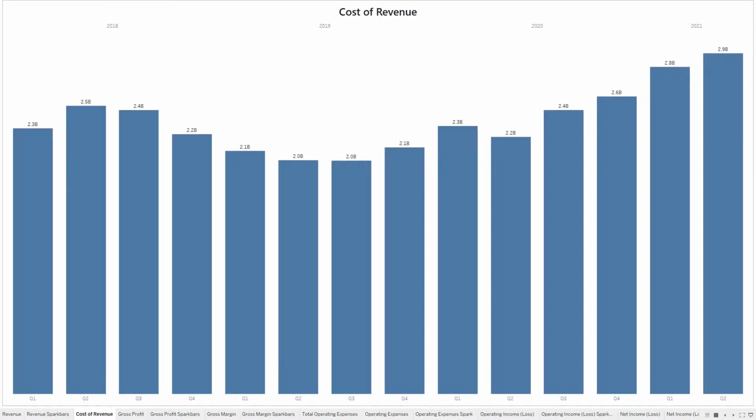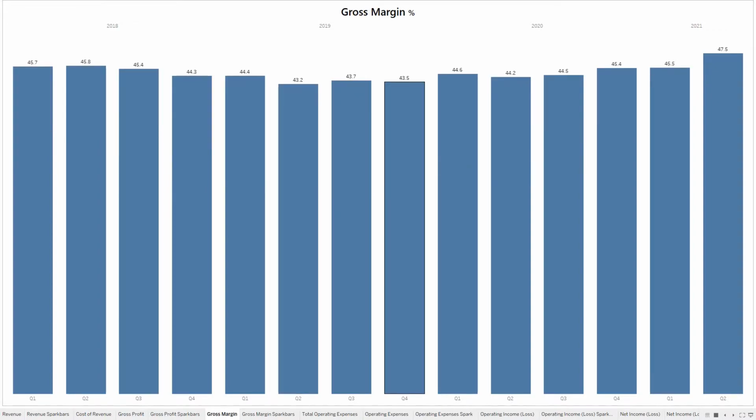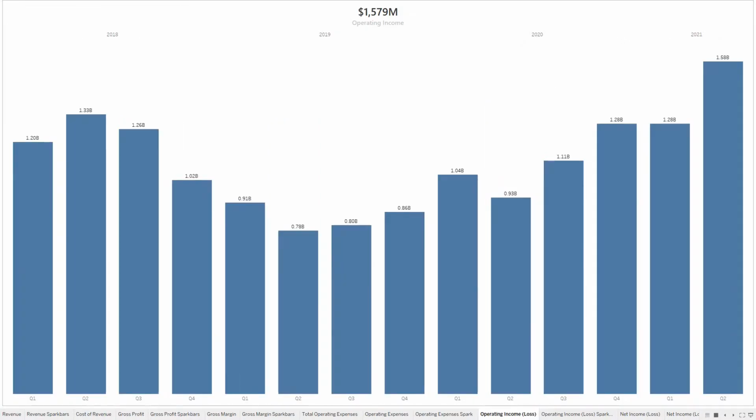The cost of revenue has risen in tandem as Applied is a hardware equipment maker. Gross profit is healthy and is also rising, and the gross margin is a solid 47.5%. The total operating expenses have jumped to $1 billion with increased investment in R&D. Sales and general admin have remained flat. After taking away the operating expenses, that leaves a solid $1.5 billion in operating income, and the net income is